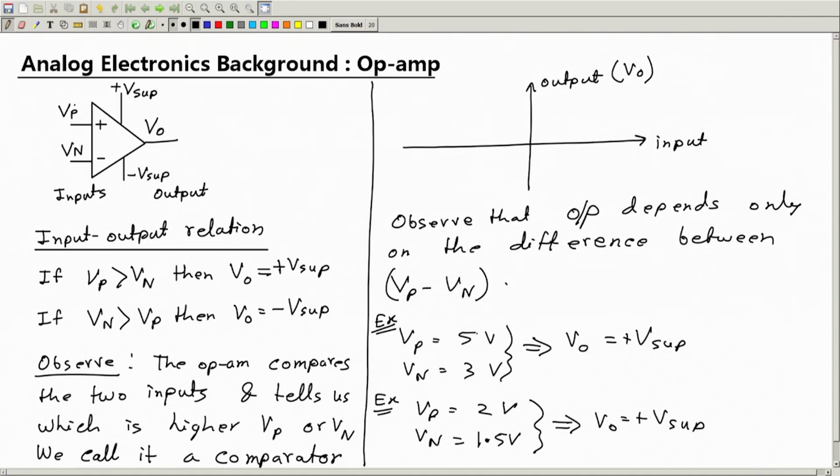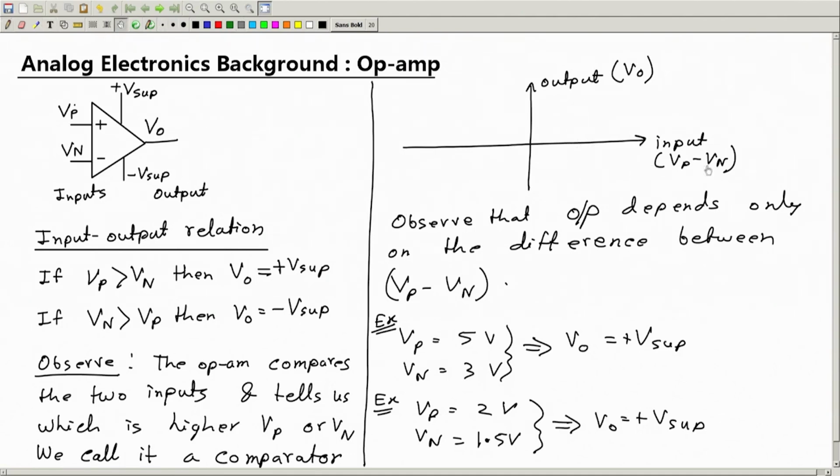It doesn't depend on the actual value of VP or VN individually. It depends only on the difference. Therefore, why do we not put the difference as the input instead of putting VP or VN separately, right? So I will use this. Now you observe that on this side, right side,